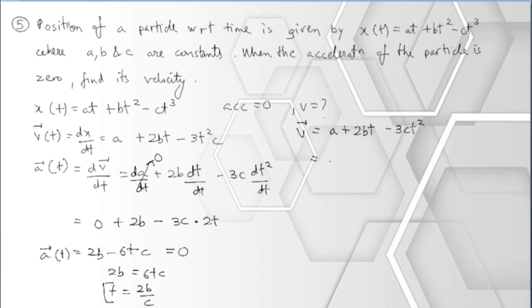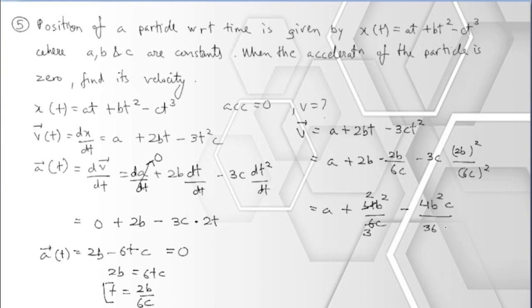That is a plus 2b into 2b by 6c minus 3c into 2b squared by 6c squared, that is a plus 4b squared by 6c, 2 2s are 4, 2 3s are 6, minus 4b squared c by